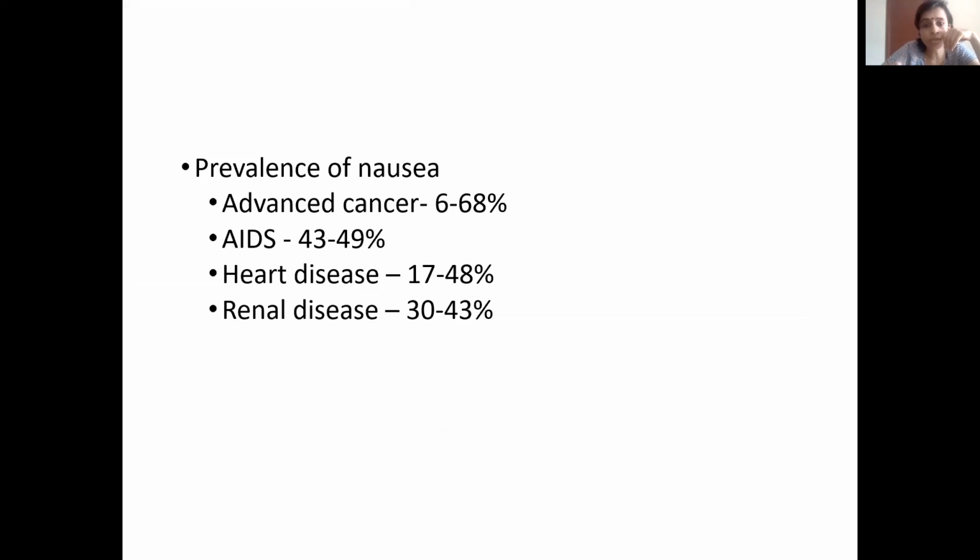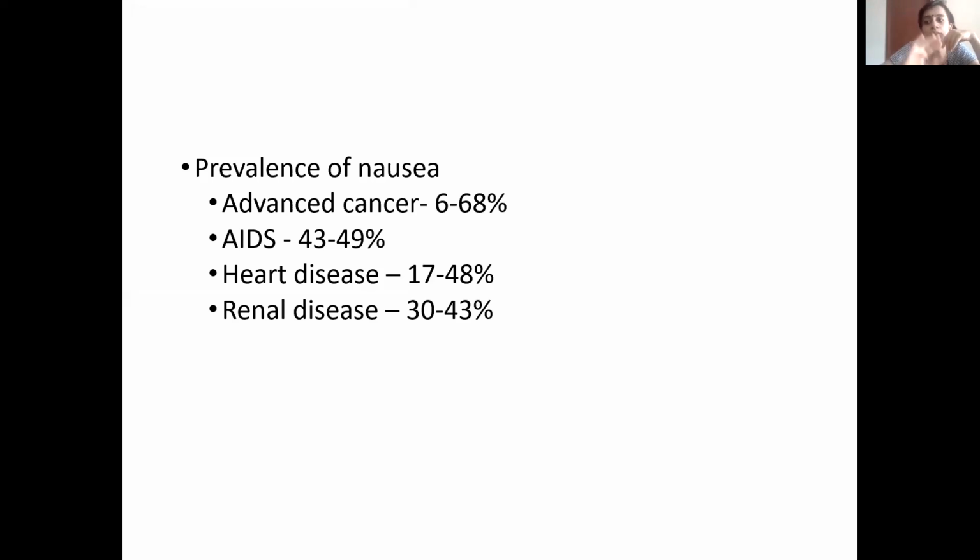And we can also see this nausea and vomiting is not just confined to people with cancer. Because the moment we hear about pain, nausea, and vomiting in palliative care, suddenly we think about cancer patients. Okay, cancer-related vomiting or cancer-related pain, cancer-related nausea. No, it is also seen very commonly in patients with HIV AIDS, in advanced stages of heart disease as well as in renal disease. So it is not just cancer we are talking about here.